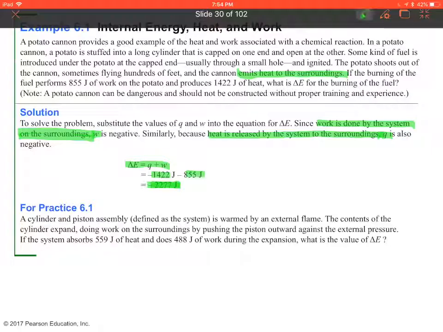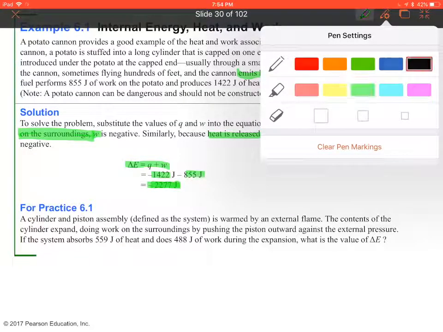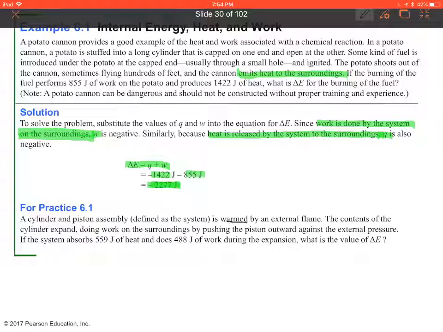Okay, so a cylinder and piston assembly defined as the system is warmed by an external flame. Okay, think about what's happening here. An external flame is warming the system, right? The contents of the cylinder expand, doing work on the surroundings by pushing the piston outward against the external pressure. Doing work on the surroundings. If the system absorbs 559 joules of heat and does 488 joules of work during the expansion, what is the value of